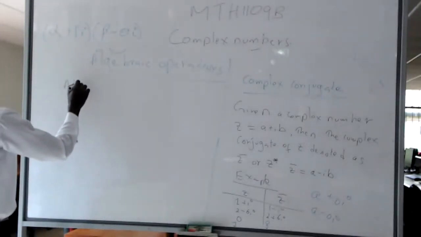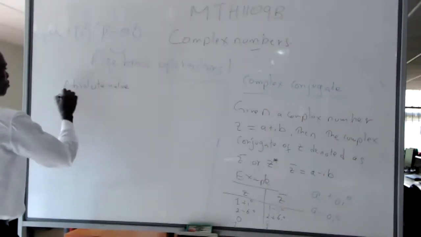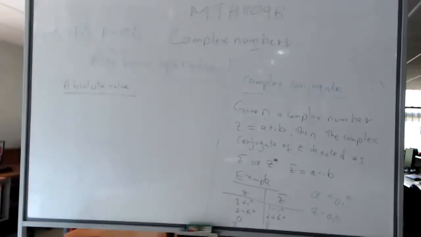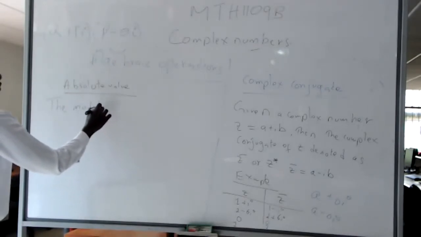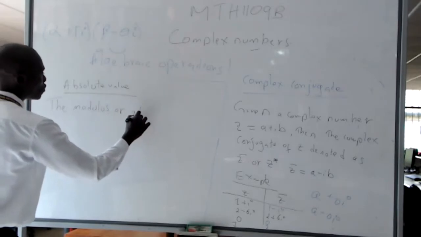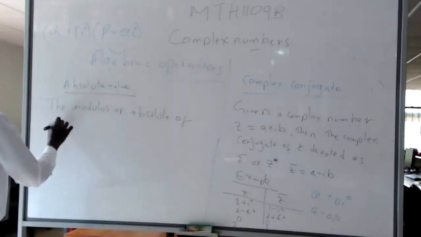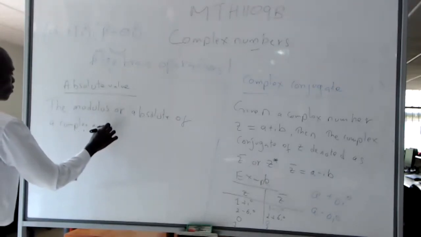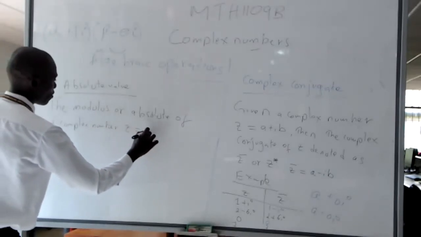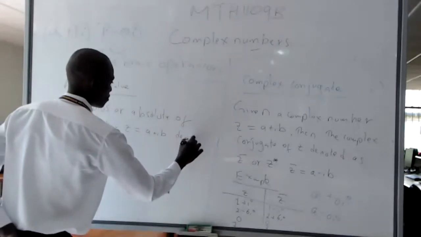The next concept we need is absolute value. What's the absolute value of a complex number? Definition. Some people will refer to this as modulus. The modulus or absolute value of a complex number z = a + ib, denoted by,